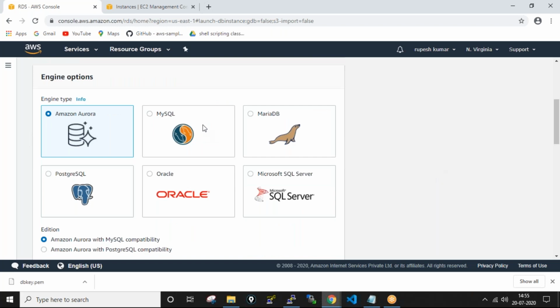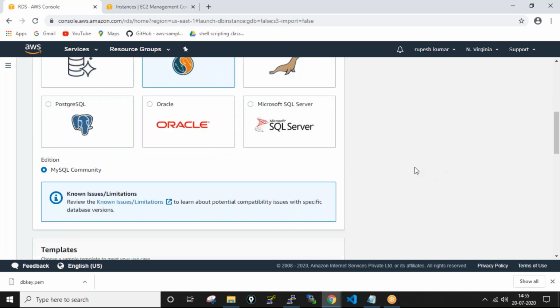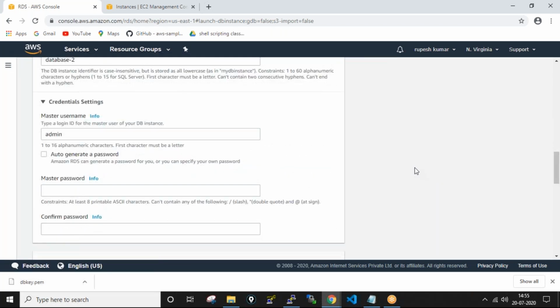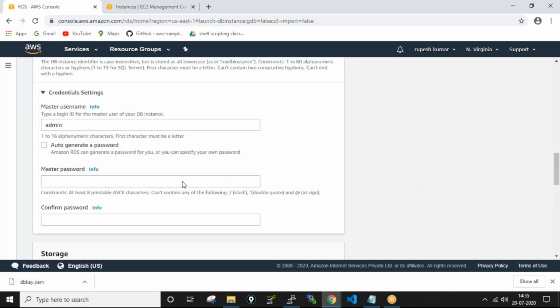I'm taking standard create, MySQL. Admin is kept as the default, and the password, I have given 1 to 8.